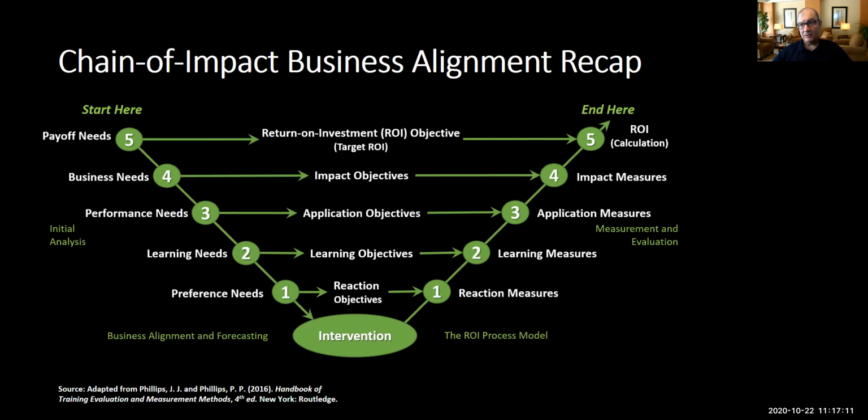Reaction objectives, usually, at least for my part, I always ask 2 questions. I'll ask about the donut, which is a good question, that's fine. But I'm going to ask more serious things like, did you find the content relevant, important to your success on the job? Those kinds of things. I'll also ask about the quality of the materials and all the rest of it, but those two would be the main ones. And the reaction measures, then of course, would be how would you take it? Well, you could do a questionnaire at the end of the learning intervention, or you could do interviews. However you want to manage that.